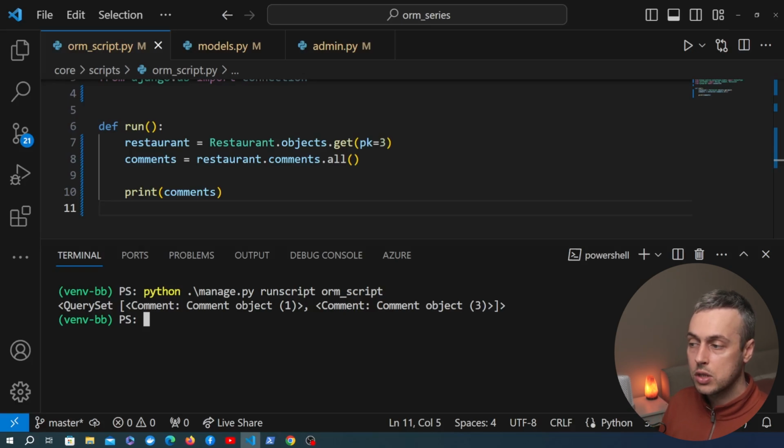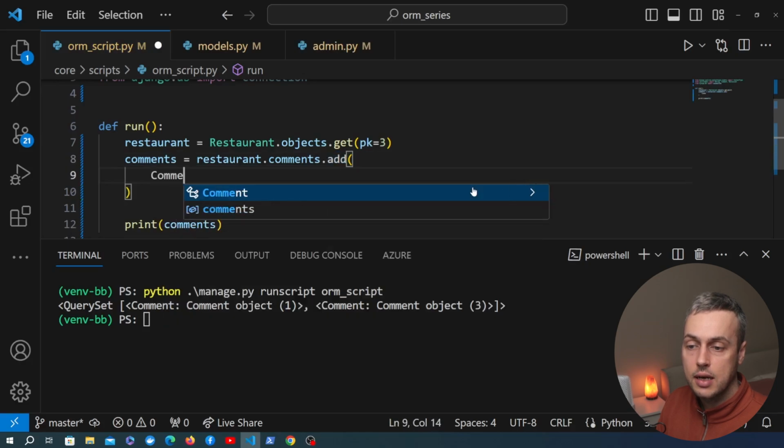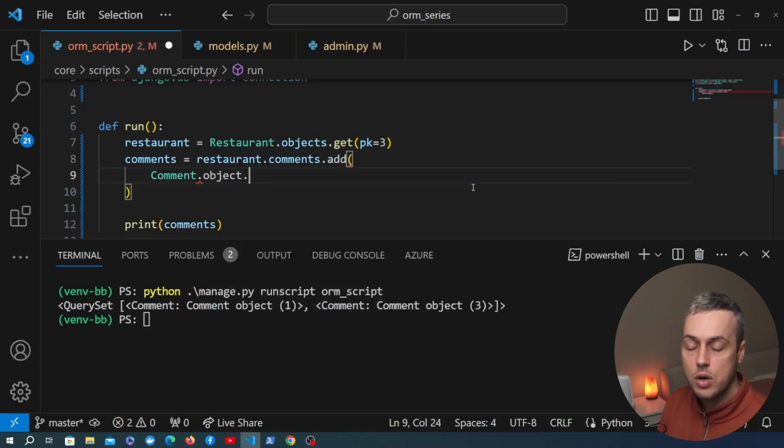So we now have this link between the restaurant and all of its comments, and this is similar to a many-to-many manager in a way. You can also add and remove comments using that generic relation. So for example, to add comments for this restaurant, I'm going to change .all to the .add function, again similar to a many-to-many manager, and then to that we can pass in an instance of a comment. So I'm just going to create one dynamically here,